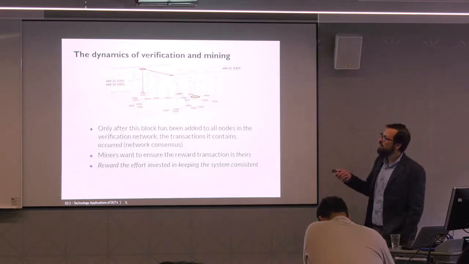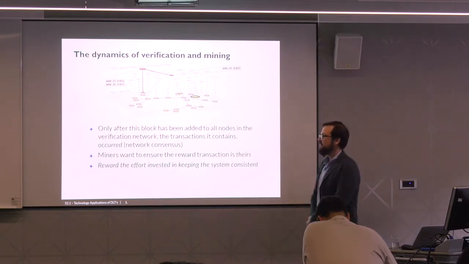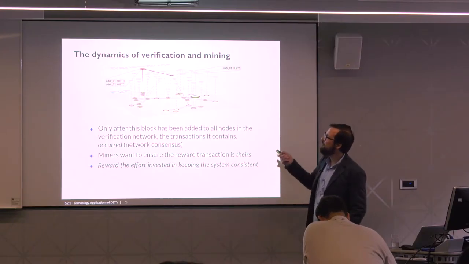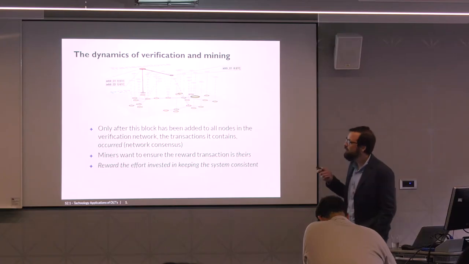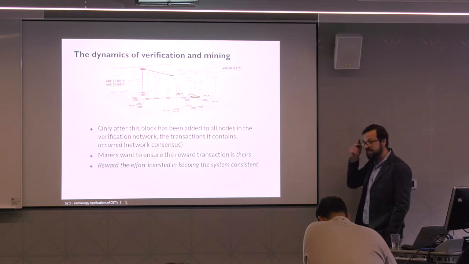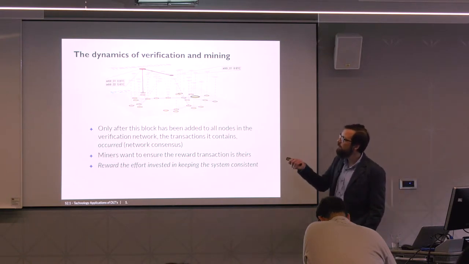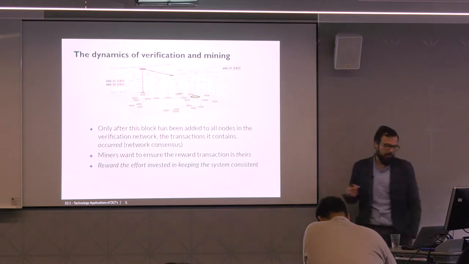I was talking about incentives at the beginning of this presentation. Here you see that there is a cost for all the nodes that are running the network. They are doing things that are costly. They are transmitting information, but they are also processing the verification of the transactions that take place in the system. So why should nodes bear the burden of doing the verification process?